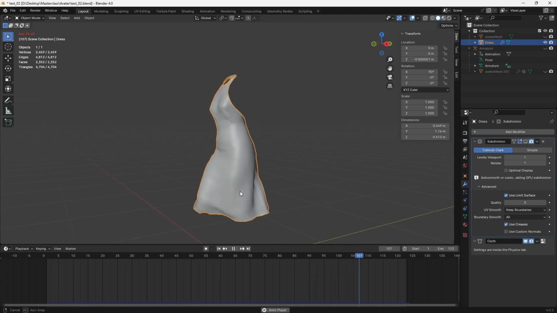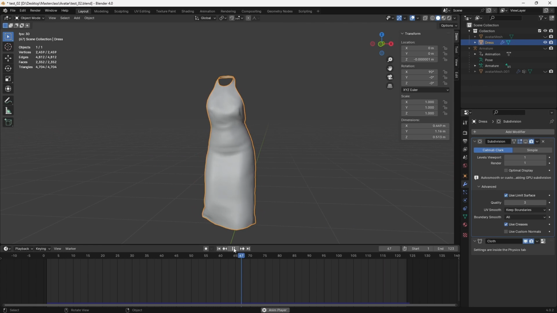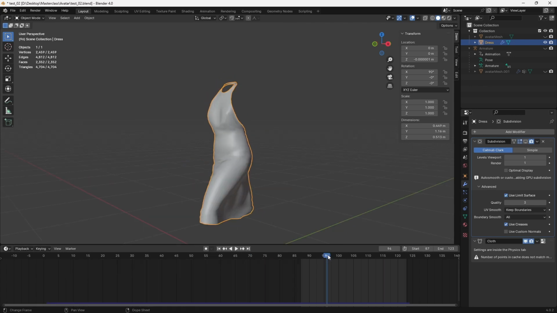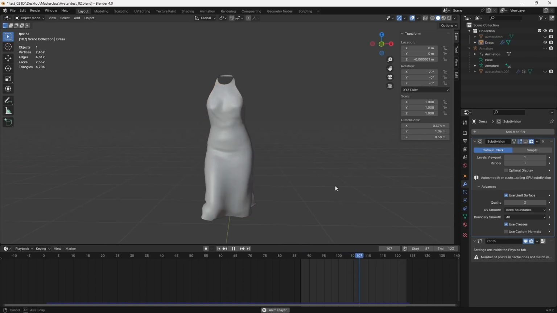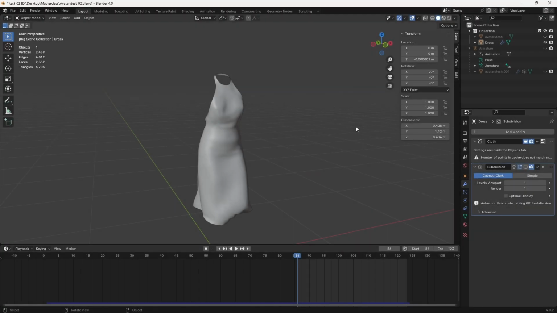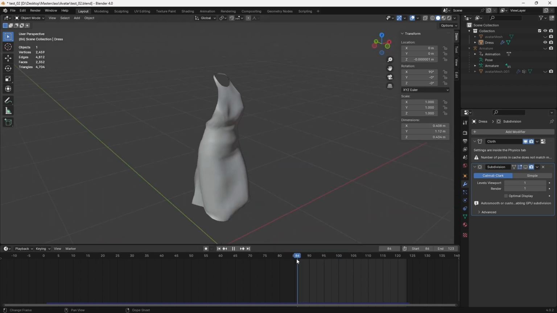Fine-tune the cloth modifier and repeat the process until you achieve good results. Adjust the rendering range in the timeline to the start and end frame corresponding to the repeated walk cycle, and check that it loops nicely. We are almost there. Since Canvastique 3D only supports GLB files, we need to encode the animation, so it is compatible with this file format.